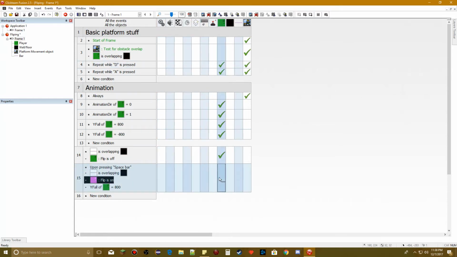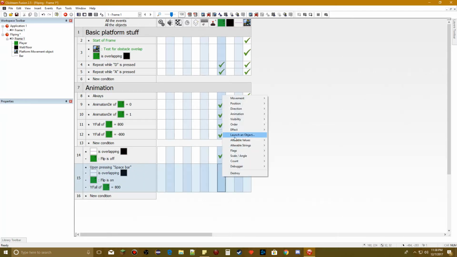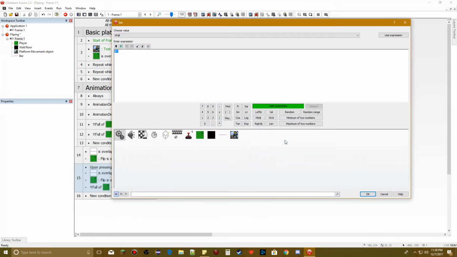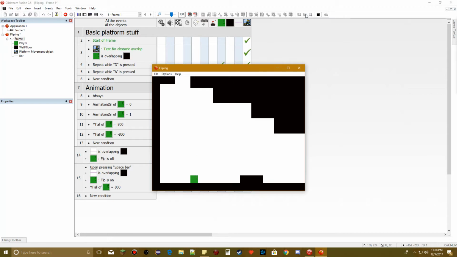Okay. So now what we want to do is add an action, so we're going to go to our player, and we want to go to alterable values, and we want to set yfall to negative 800. There we go. Now let's just test it real quick, just see what we got so far. So let's run the application. So you can see we can move left and right, and if we hit the space bar,